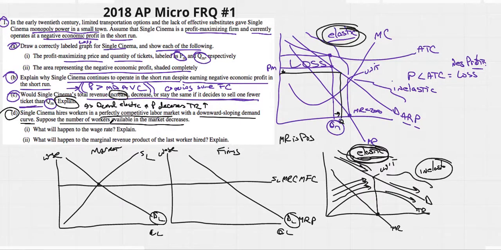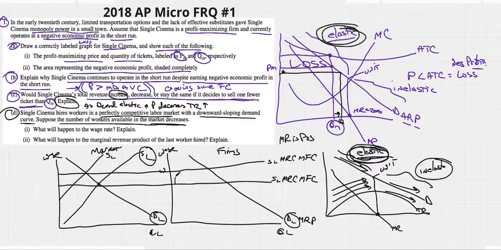Now, they're saying that the number of workers available in the market decreases. So the supply of labor decreases, shifts to the left. When supply of labor decreases, there are fewer workers. That's going to drive up the wage. We got a new supply of labor, marginal revenue cost or marginal factor cost, new wage,